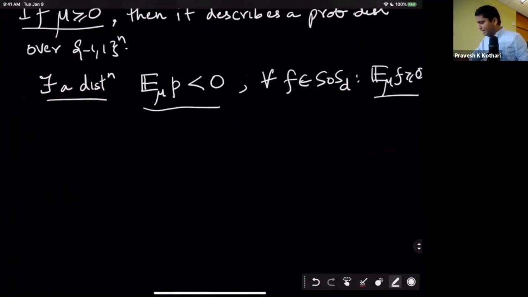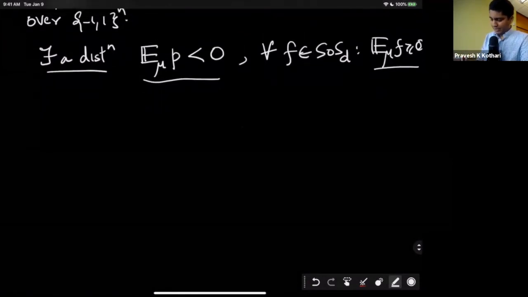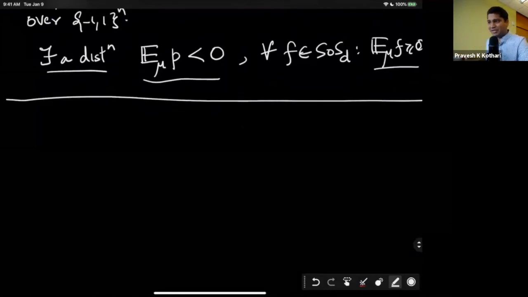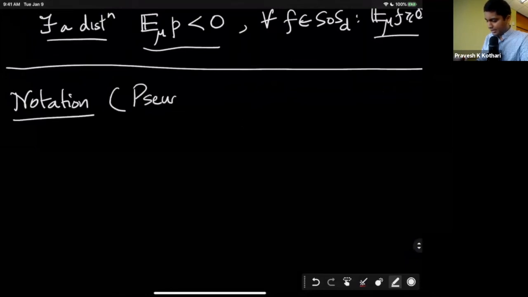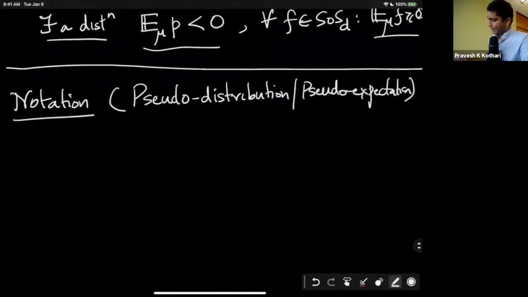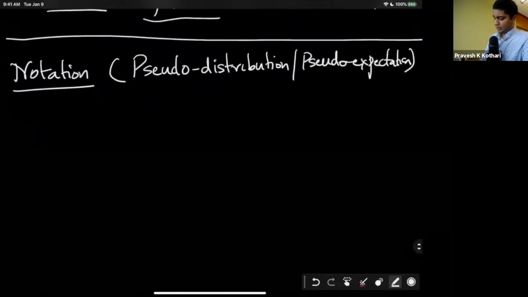So let's formalize this discussion and do something interesting with it. But before that, I'm going to set a notation. In some sense, it's a key notation for us in this course. I'm going to call it pseudo-distribution. Actually, I'm only defining the expectation aspect of it, so I'm going to call it the pseudo-expectation. We're going to use this notation